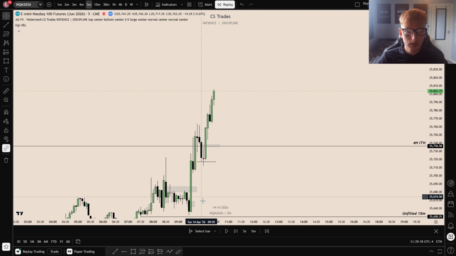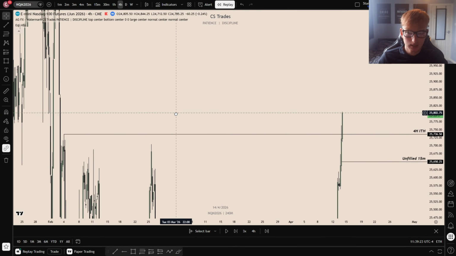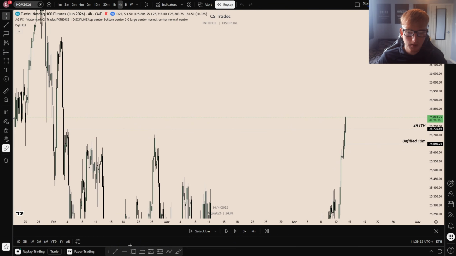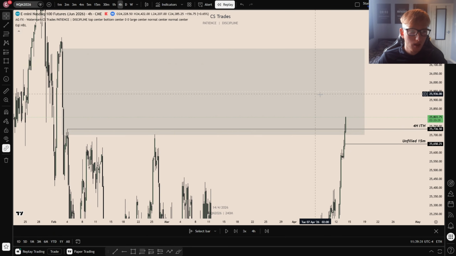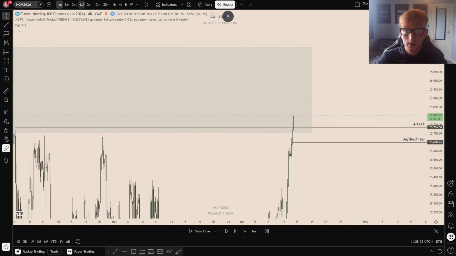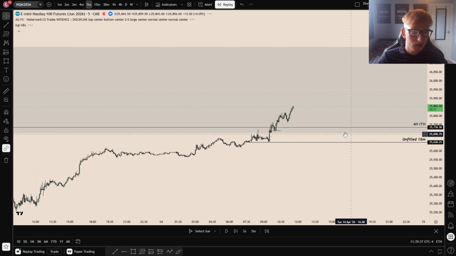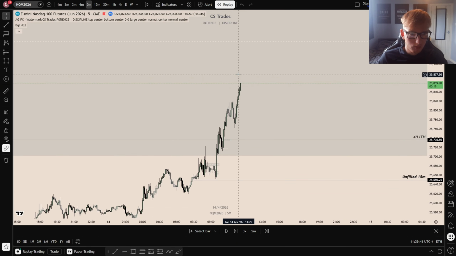And after that, there was literally nothing. And when we displace through the high like this, and we start displacing into these 4-hour fair value gaps, you know that this is going to act as a void rather than a fair value gap, and we are most likely going to fill this void instead of deliver from this. So as you can see right here on the 5 minute chart, we're just pumping through this, right? We're pumping right through this gap.